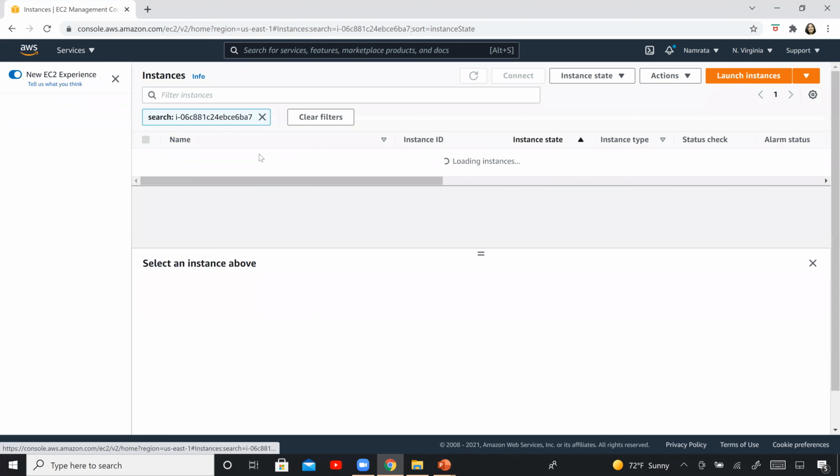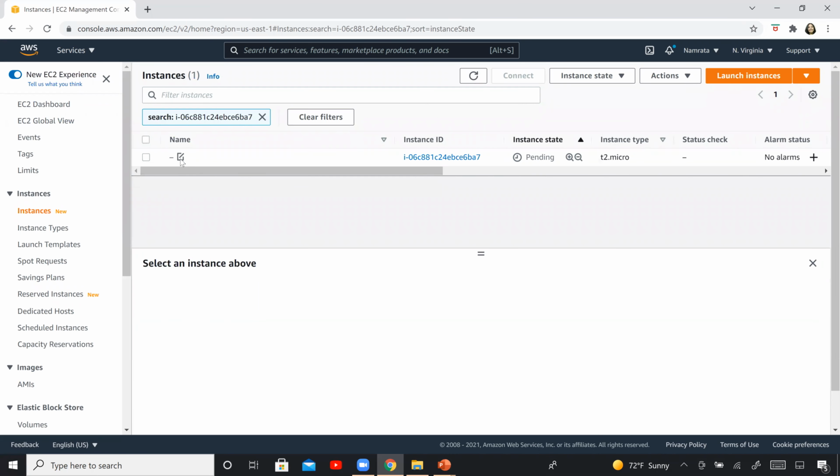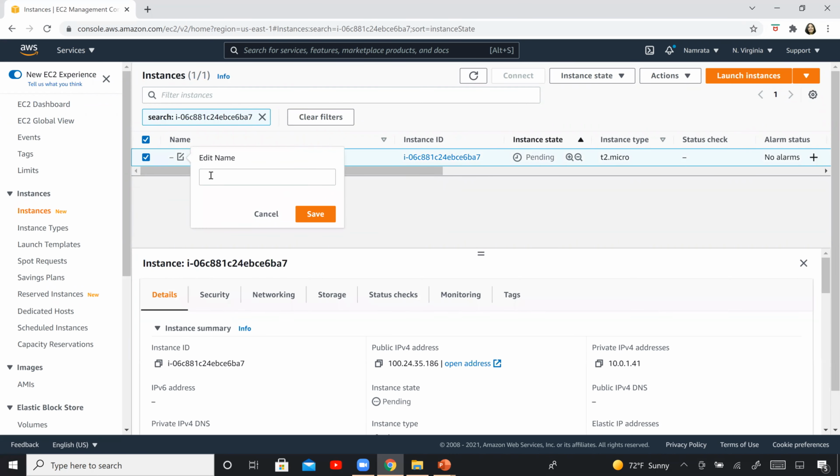So this is our EC2-1. Let's give it the right name. Sometimes this plays some tricks on you, but ensure that you give the right name. So EC2-1. There it is.